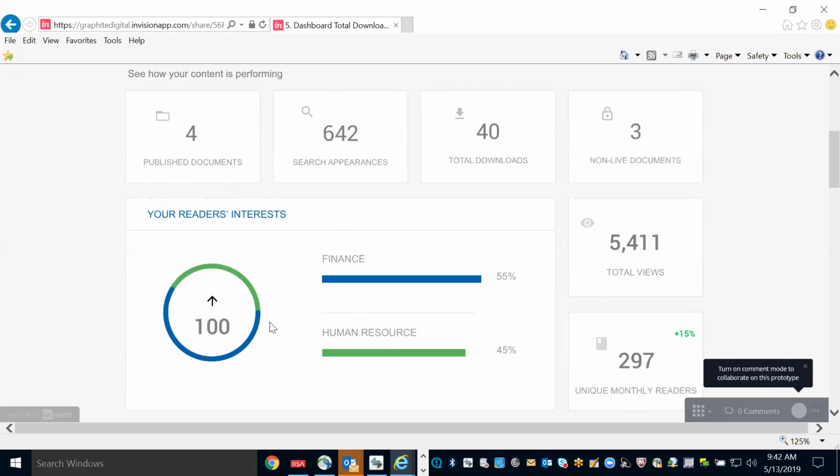What are your thoughts? What would you assume if you were just looking at the site without me here? I would guess, just from looking at this, it's some sort of an aggregate of what the readers are interested in. So maybe this is a compilation of keywords related to finance, keywords related to human resources, and then this somehow aggregates and shows this to me.